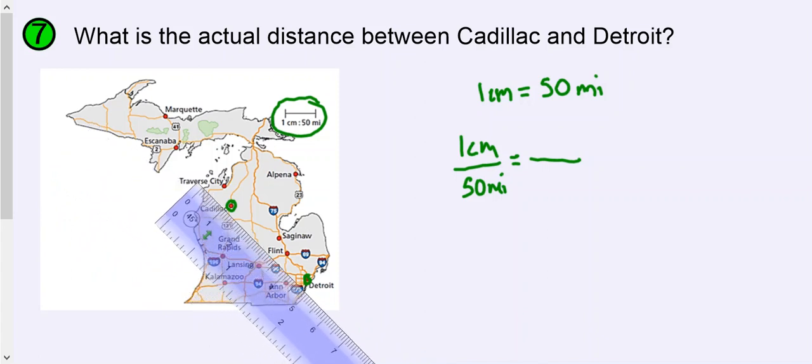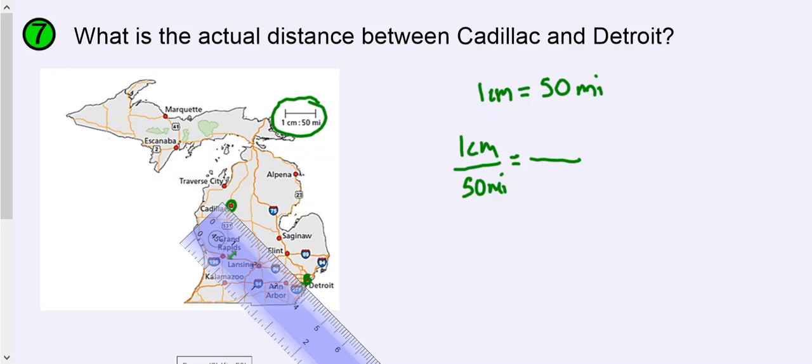Alright, so I'm going to put 0 right here at Cadillac, and Detroit. So Cadillac to Detroit, we got 1 centimeter, 2 centimeters, 3 centimeters, about 3.5 centimeters. So we got 3.5 centimeters between Cadillac and Detroit in our model, and we are trying to figure out the